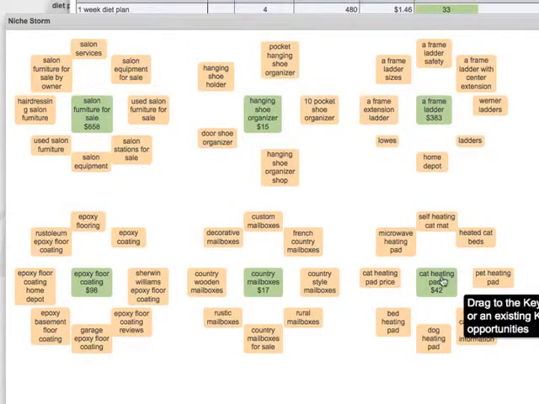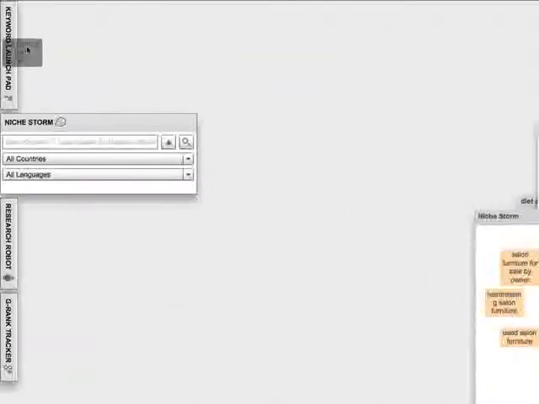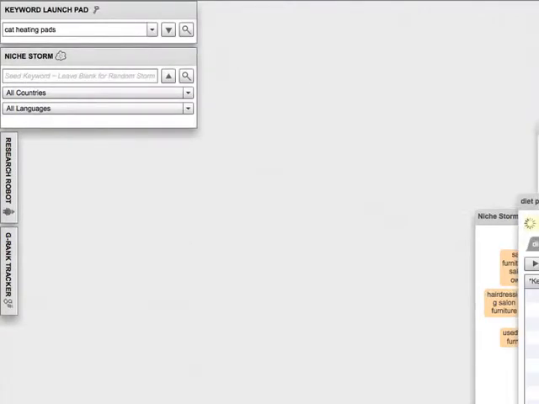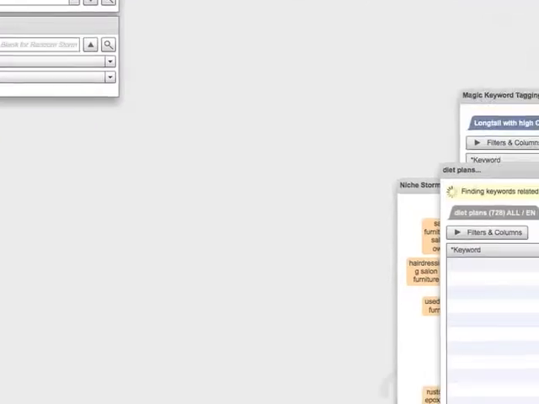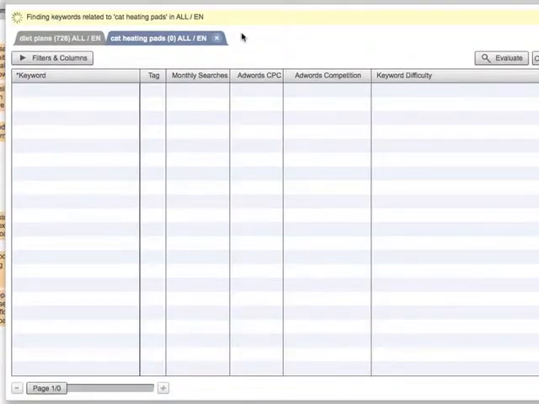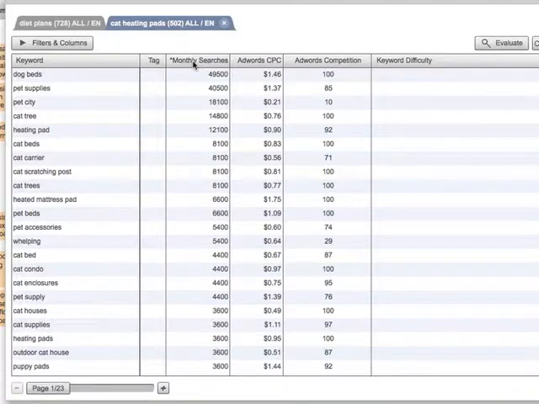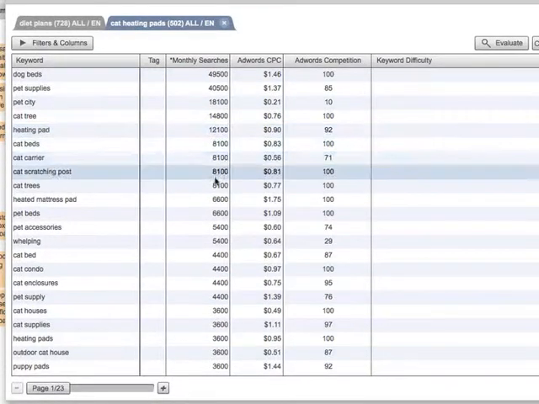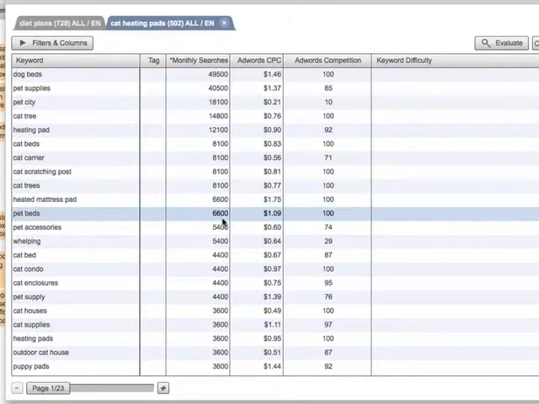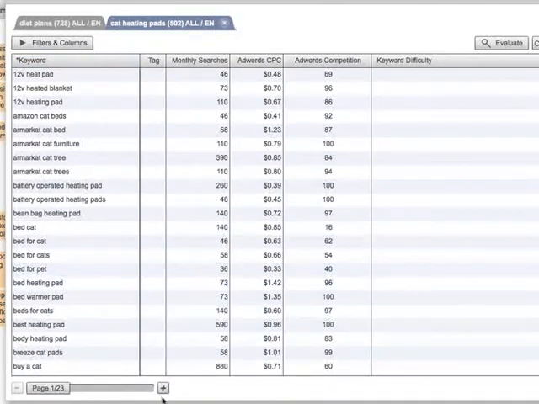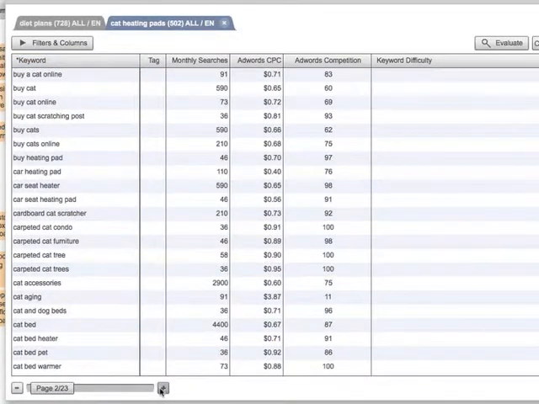And what you can do is take it and drag it right onto the keyword launchpad, and we can start to do some keyword research relating to cat heating pads. I didn't really expect to find a lot of search volume for cat heating pads. And you can see there's a lot of different keywords that are really not applicable. But if we sort by keyword, we'll take a look for that one keyword that we were looking